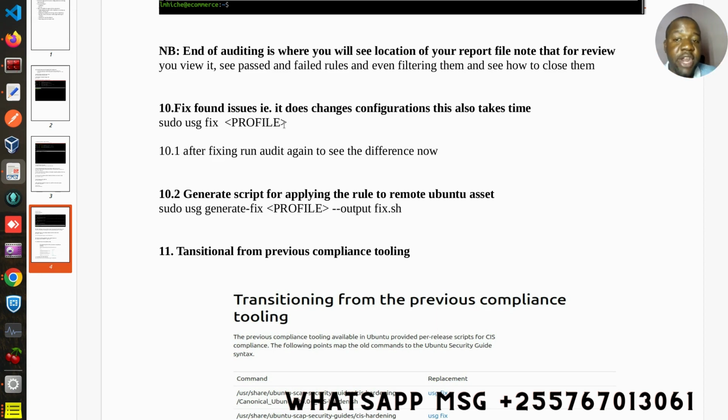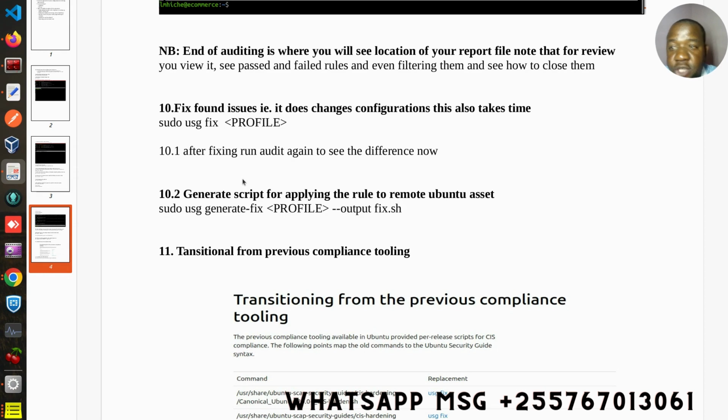So you have to be very careful before executing it. And of course, if you want to fix everything, we advise that you use that approach when you have a fresh installation. But if you have a production-ready installation, you have to customize the fixing to just enable the controls that are not going to have a tremendous effect on the given asset or system. After fixing, you are going to rerun auditing to see the improvement in